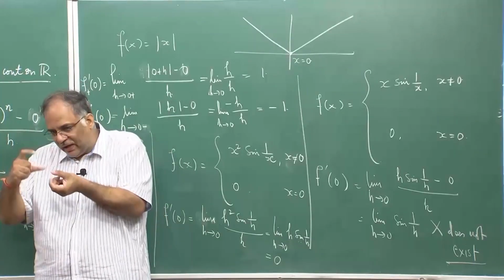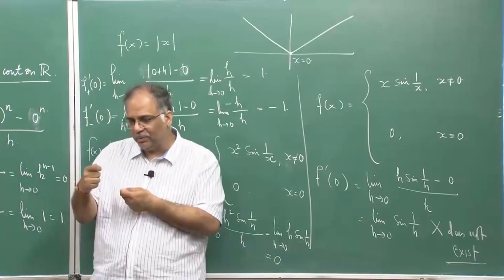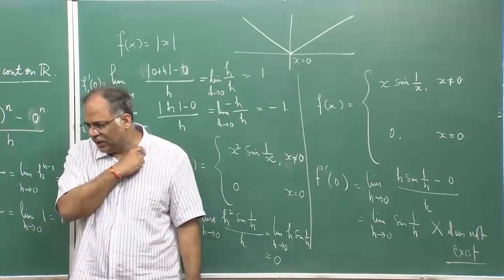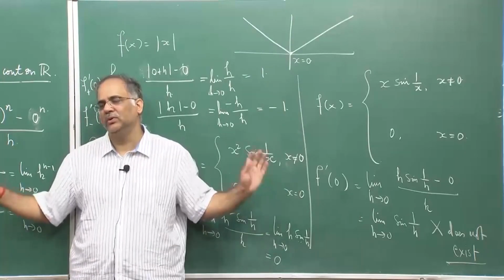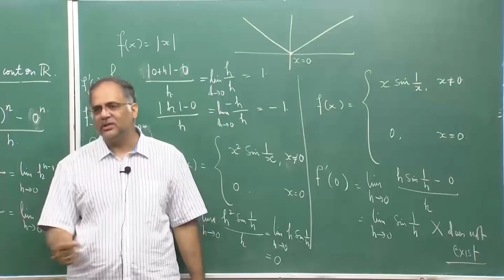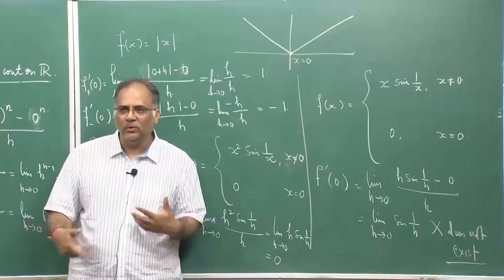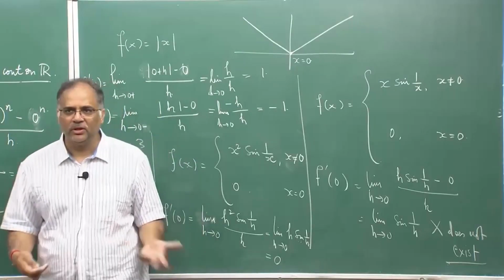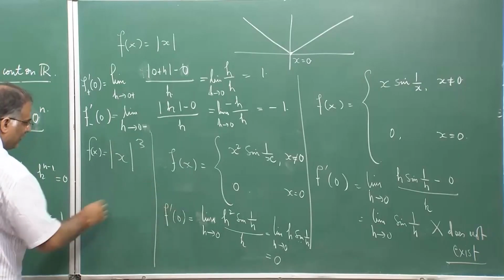Because here I have a fixed range, suppose I am taking any number between 1 and minus 1, but my h becomes so near 0, say from the positive side only. It does not matter whatever value I take, the product will finally become smaller and smaller. So another way of looking at it is, if you want to find this limit,